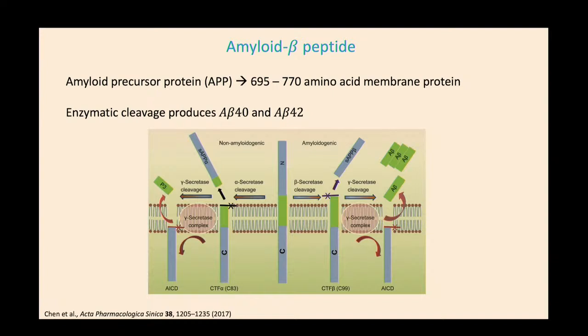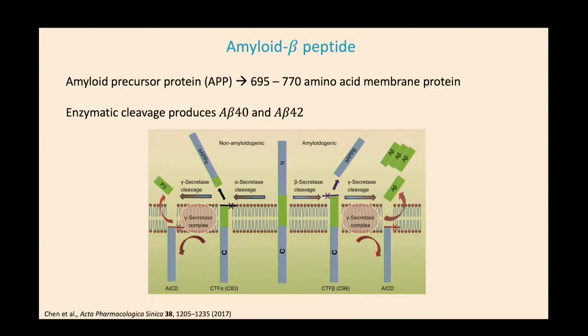For example, on the left hand side, this is supposed to be the right enzymatic cleavage. You have this APP here, one particular enzyme cleaves at this point, and this is released, and another enzyme cleaves at this point, and this gets released. So this is a normal